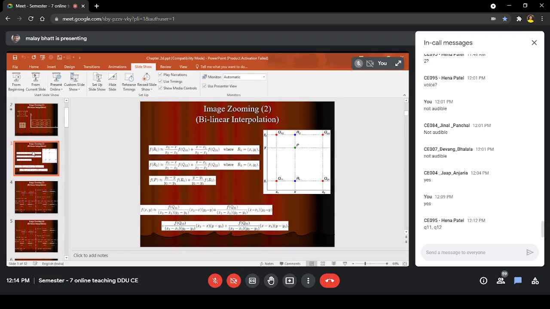The third equation, (y2 minus y) upon (y2 minus y1) into f of r1 plus (y minus y1) upon (y2 minus y1) into f of r2. So this equation we have to use to find out the value of the point p.